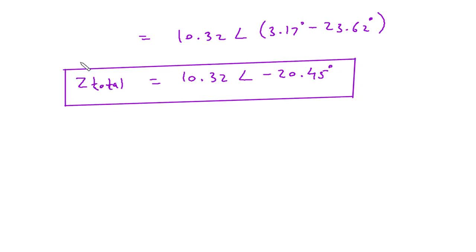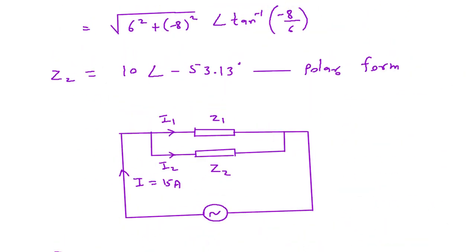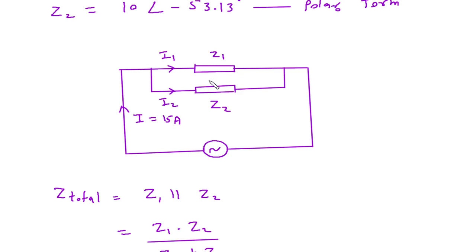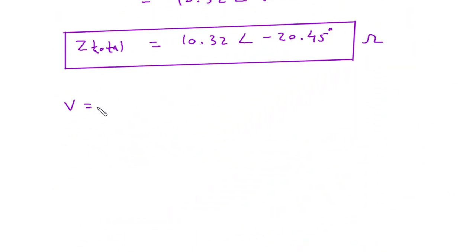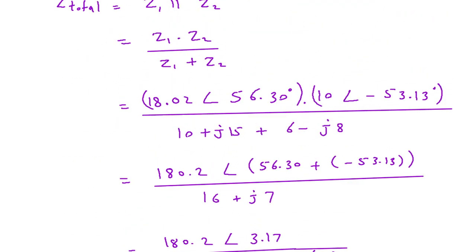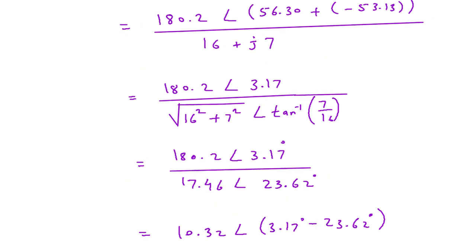And its unit will be ohm. Now we have found the value of Z total and we also have the value of total current I. So we can find the value of voltage V. According to Ohm's law, V is equal to I into Z. The value of current is 15 ampere